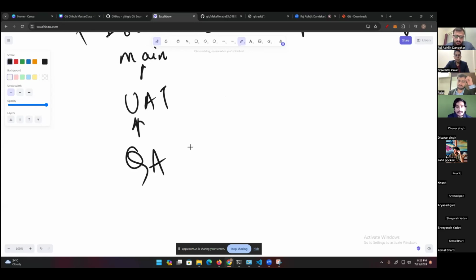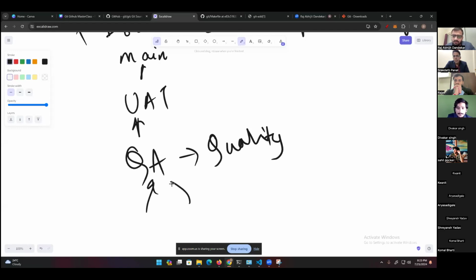So what does QA stand for? QA stands for quality assurance branch. This is the branch where devs work, and any feature they need to add, they add to this branch. This branch is for devs to basically mess with the code. If there is a bug, they directly add the fix to this branch. And then a merge request, like a pull request, is created to UAT,